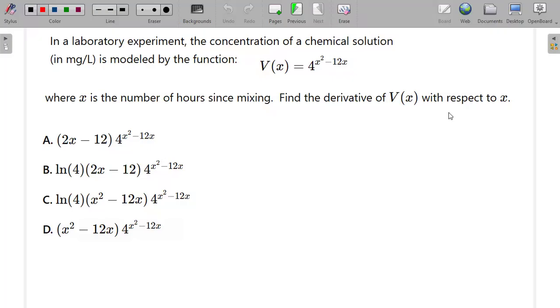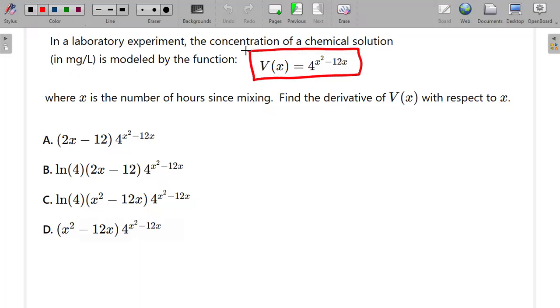All right, so now let's look at an exam question on differentiating an exponential function. Okay, so the question is a practical question. It says, in a laboratory experiment, the concentration of a chemical solution in milligrams per liter is modeled by this